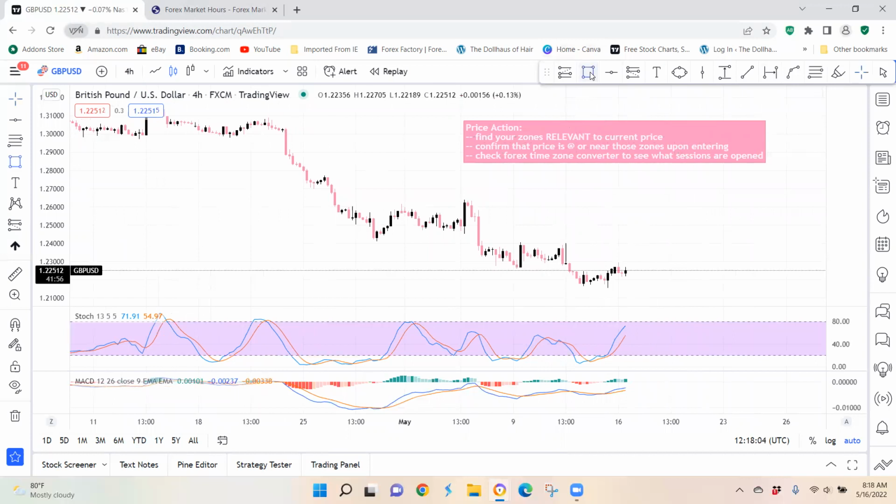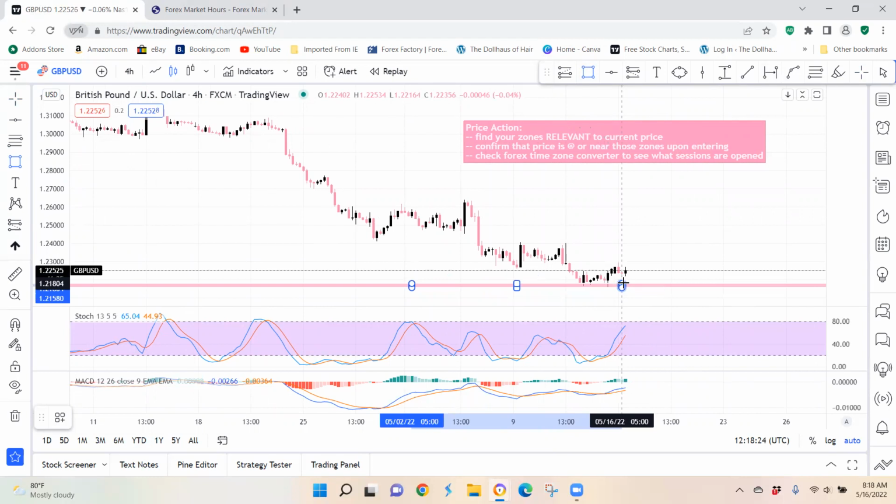So we're going to find our relevant zones, our zones relevant to current price. As you can see, this is an open market. Today is Monday, first day of the week. I don't trade on Sunday, so I consider Monday the first day. So price is this black faint line, you guys, and I'm literally going to put a zone smack dab right